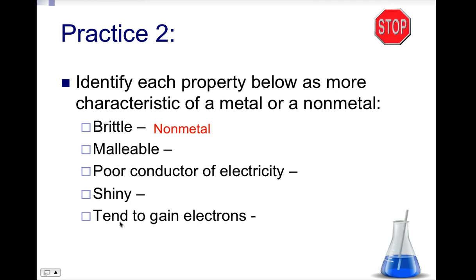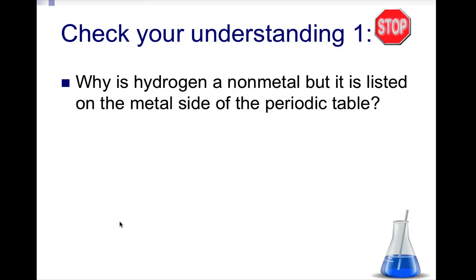You will notice that brittle is a nonmetal. Malleable is a property of metals. Poor conductors are nonmetals. Things that are shiny are metals, and tending to gain electrons is a property of nonmetals. So check your understanding. Why is hydrogen a nonmetal, but it is listed on the metal side of the periodic table? Keep in mind how many